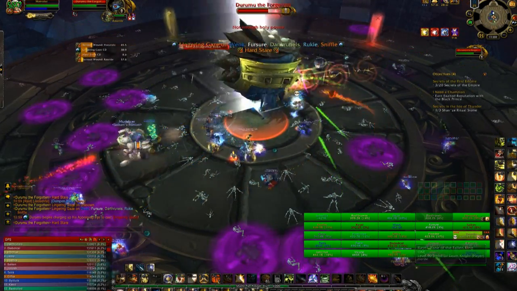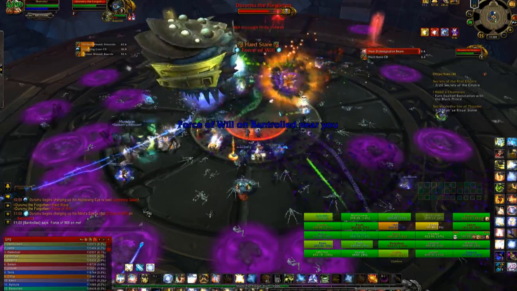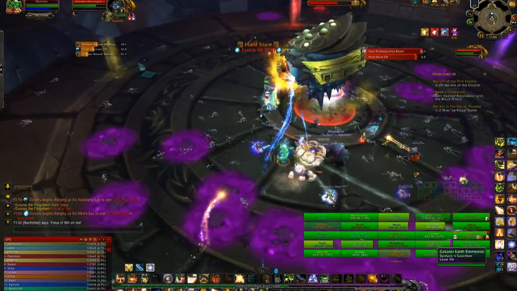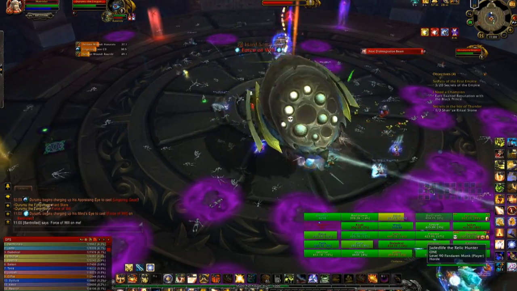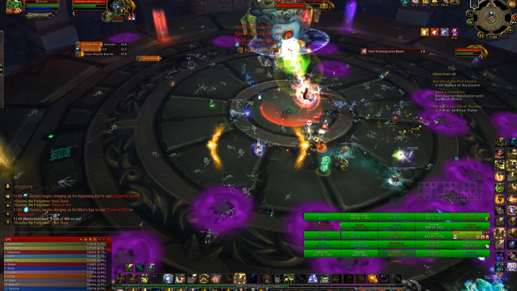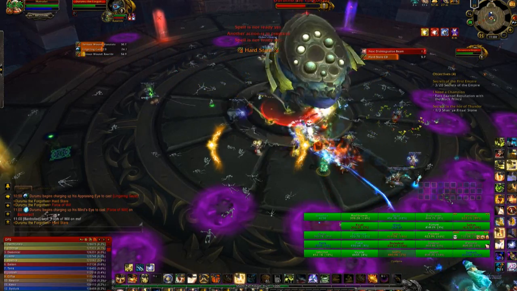Now, there are some other mechanics that we'll look at. As I said, the life drain is something that you'll want to keep an eye on. But, I mean, you could throw Hand of Sacrifice on them, stuff like that, and give them some direct heals, but they're not going to have it for very long. It's not going to happen, so...